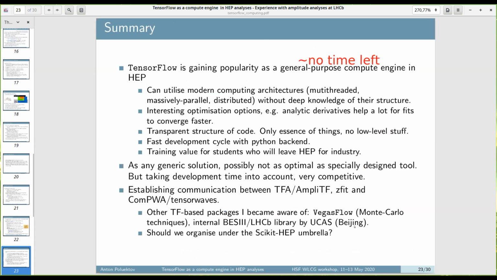And here is my summary. TensorFlow seems to be gaining popularity in high energy physics. There are a few packages already now available that use it as a general purpose computing backend. And I think this is natural because it has some useful features